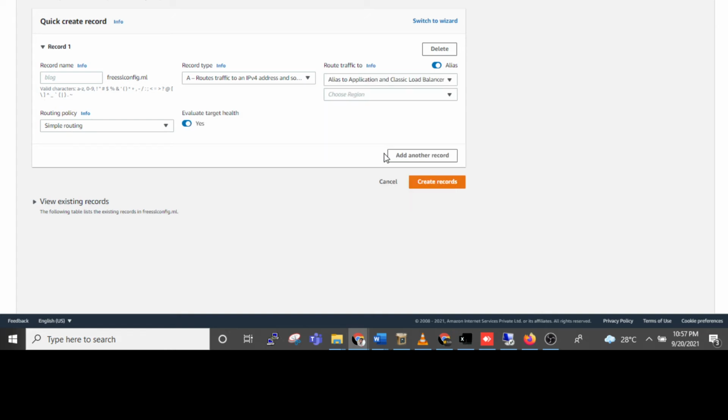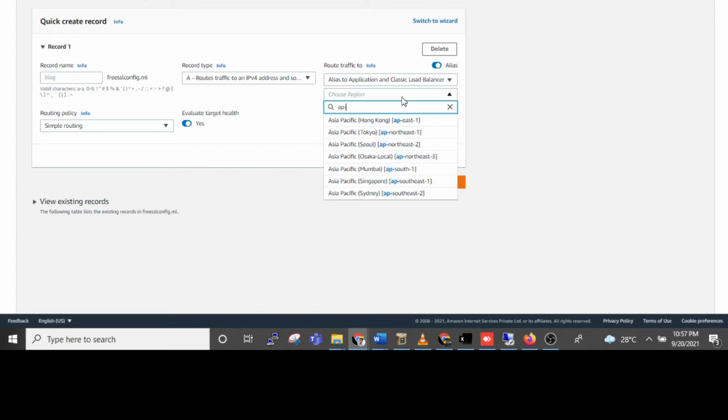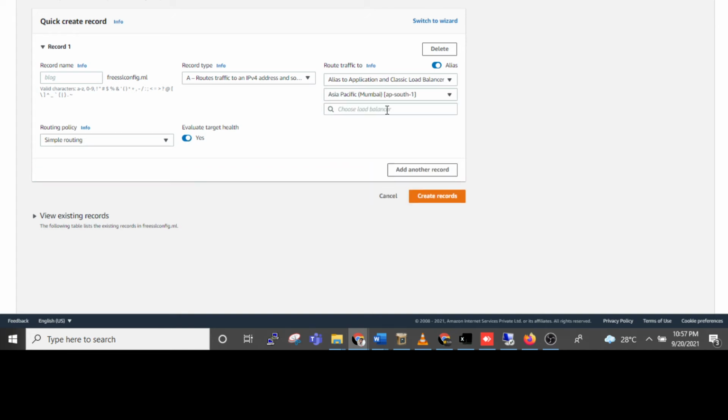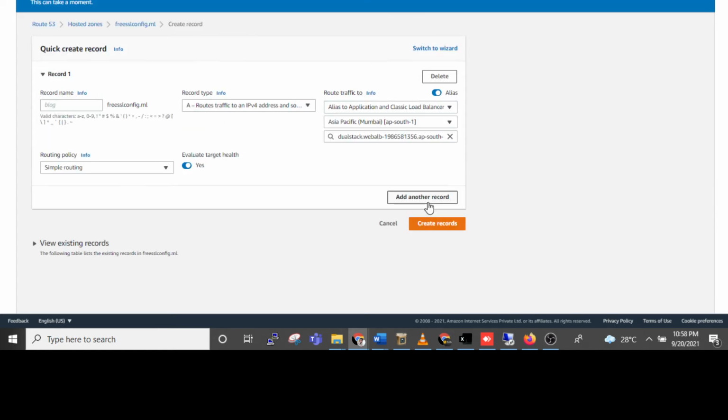The region is our AP South 1 Mumbai region, and we can see our load balancer showing here. We select the load balancer, simple routing is enabled already, and we create it.